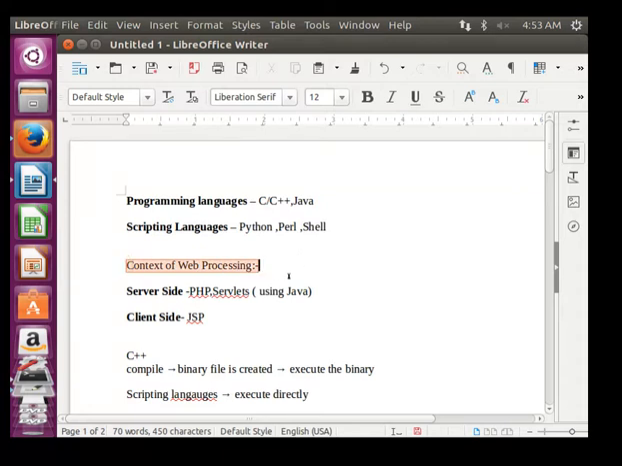And in the context of web processing, we classify languages into two parts, server side and client side. Server side are PHP and servlets, and client side are JSP and JavaScript. So what is server side programming? Whenever we click on any link on Facebook, it makes a request to the server, and on the server generally PHP code runs, and it retrieves the data from the database and displays it in the browser. So in the browser, client side script will be running, and it helps in rendering images and other graphical